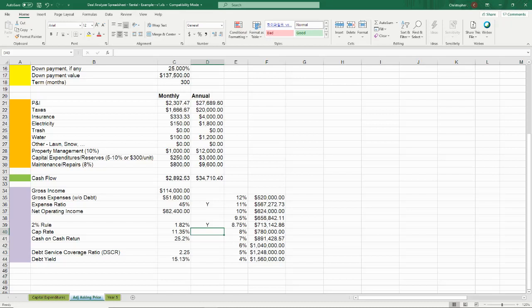And if you can only meet 1%, well, you have to determine that beyond this rule, is a real estate asset still a good deal? Does it provide you the cash flow that you need for yourself or your family? And how do these other indicators fall in line? Is the expense ratio in line? Is the return on income in line, which we're going to get back to in just a moment? We talked about it in the prior show, but we're going to get back to return on investment in a moment.